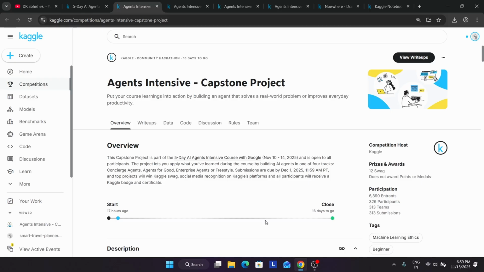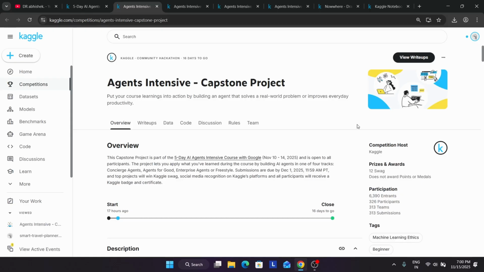So the concierge track is used for daily tools, like booking tickets, or building something used in your daily life, like a to-do planner, study planner, etc. Secondly, agent for good, which contributes to mankind and society, like building something for mental patients, or something to assist poor people, or in healthcare things like flood detection, earthquake detection. You're building agents which respond to them so that they are safe.